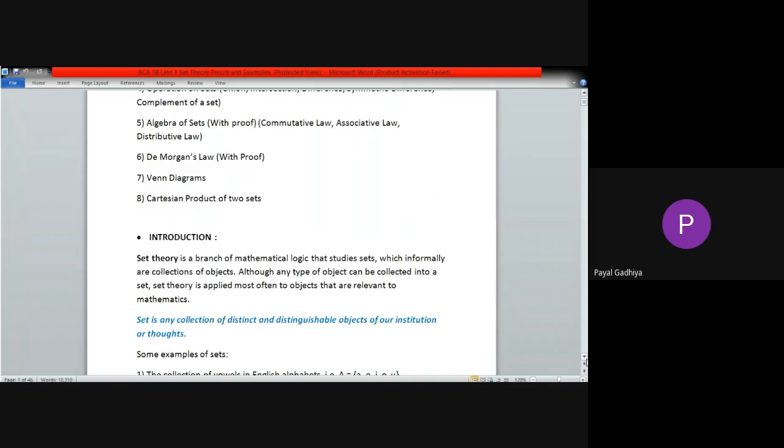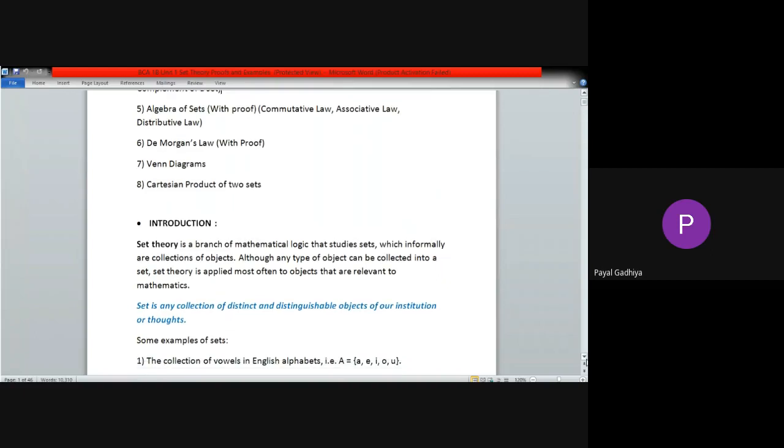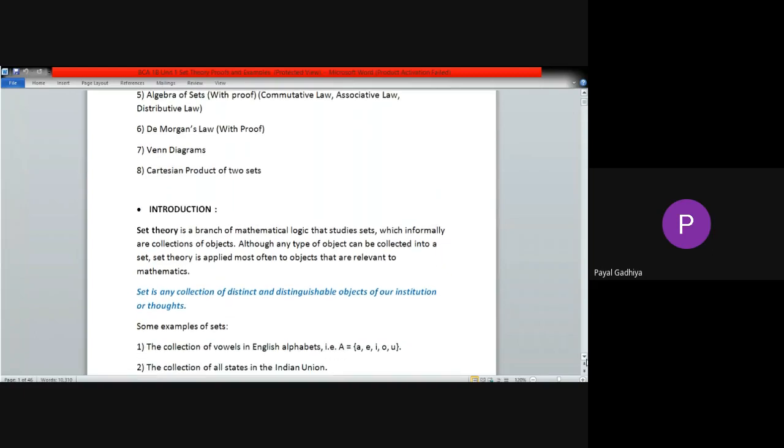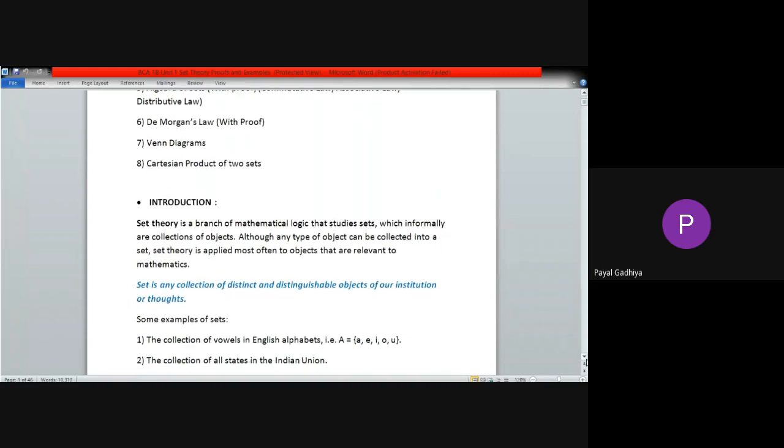That means a set is a collection of objects only, but there will be similar kinds of objects. So this is the definition of a set first. A set is a collection. Simply you can say that a set is a collection. Now we can see some examples so that you can clarify what is a set.